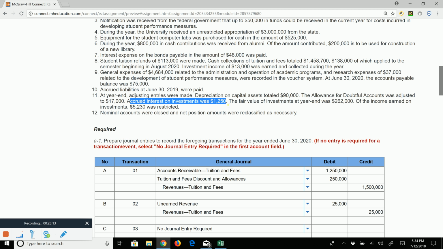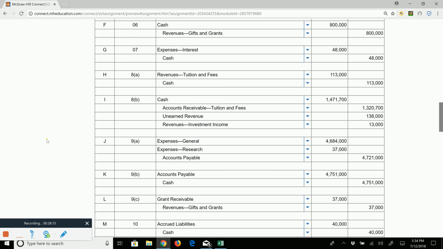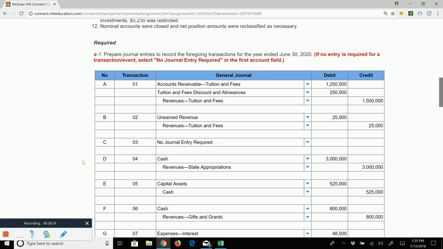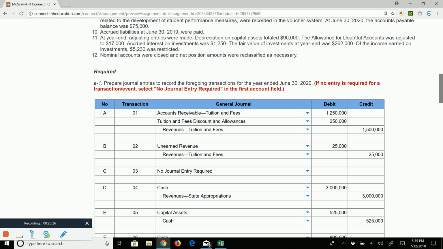Accrued interest on investments, $1,250. All right, so journal entry, debit interest receivable, credit interest revenue. And last but not least, the fair value of investments at year end was